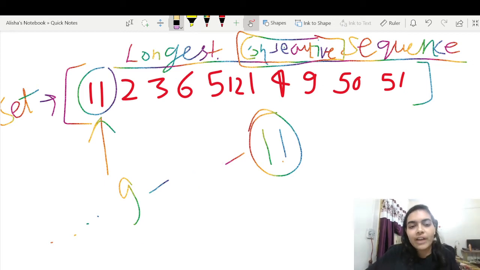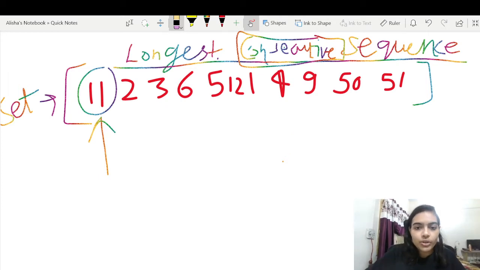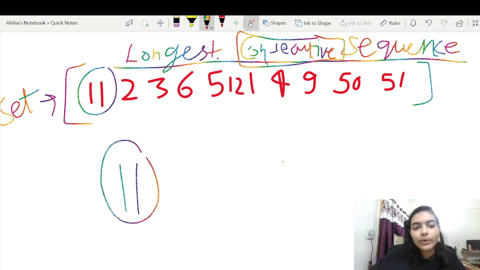It doesn't matter if we have 9, it doesn't matter if we have 8, it doesn't matter if we have anything else. We don't have the connection to the previous element. So 11 is a single element for now. So we know that 11 is a single element. Now we know 11 can start a chain. It is not connected to any previous chain, it can start a chain of its own, right?